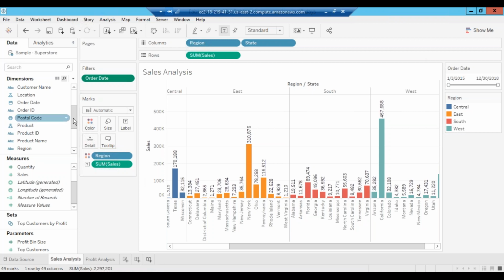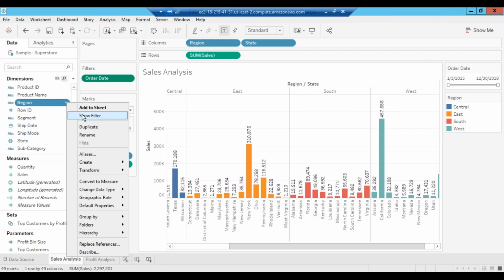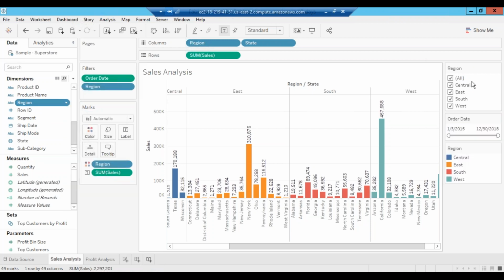Now let's suppose I want to add region also. Same thing. You can do it from here also. Show filter directly from here or add it here. It's your choice. When I say show filter here, it will be added here and here also. Just drag and drop it here or click from here, same thing. So here you can see that I have added a range filter, region filter and order date filter. I will put region on top, so just drag and drop it to arrange things, so that my user can see the color codes and everything.